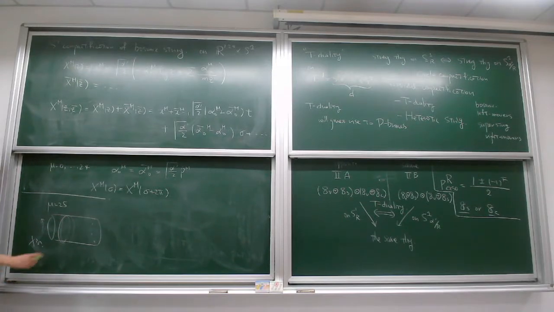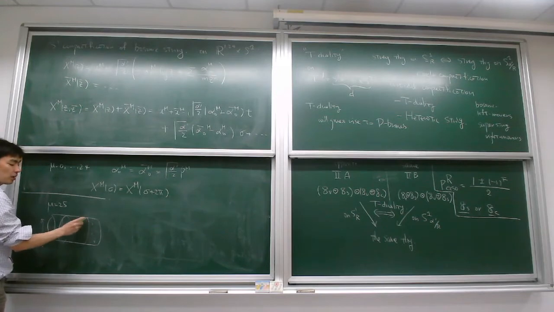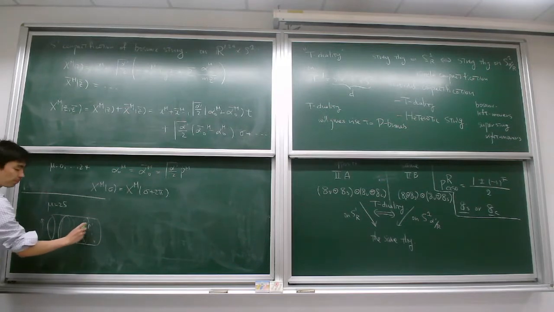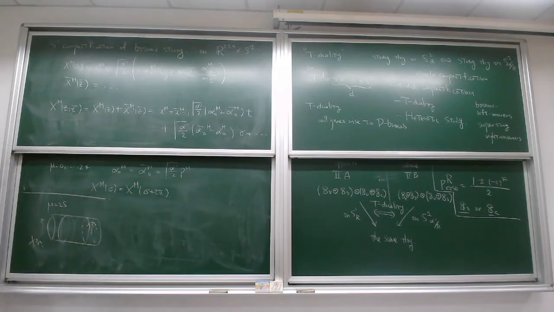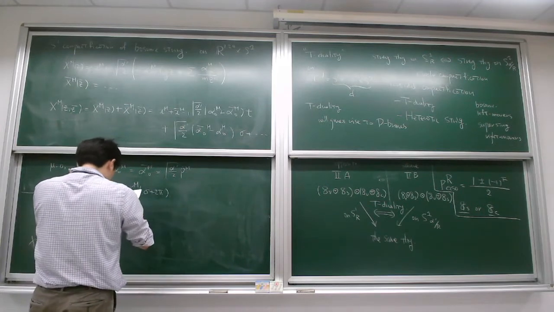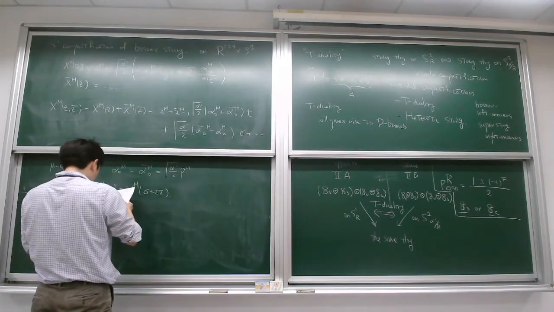And also the momentum has to be quantized if you compactify. So the momentum p has to be quantized because it should have periodicity. So therefore, this momentum is called